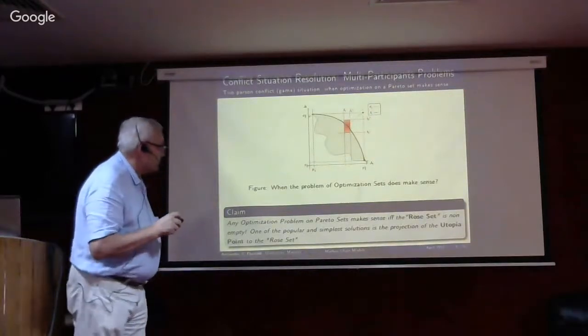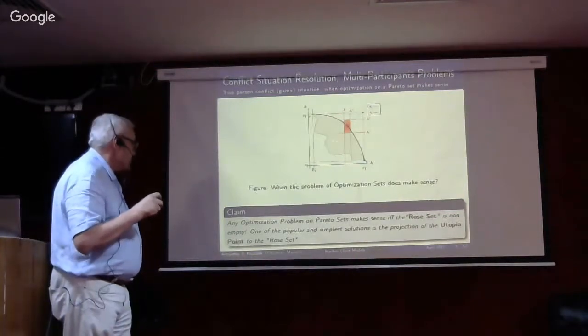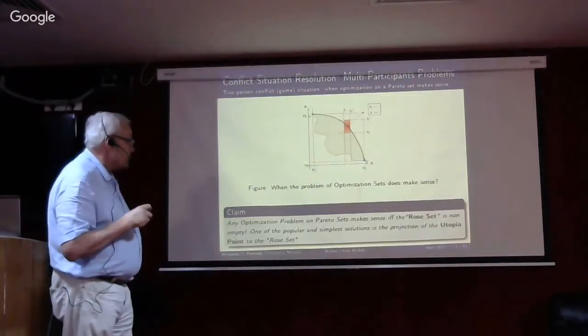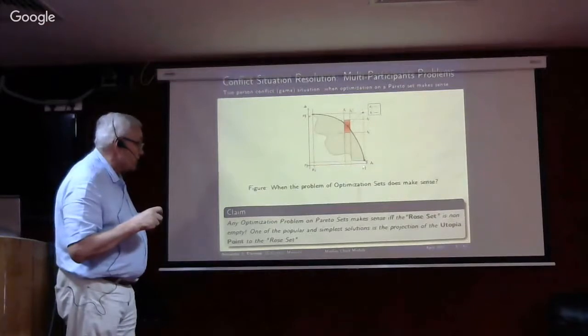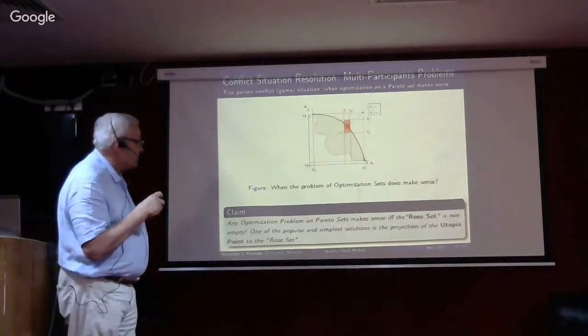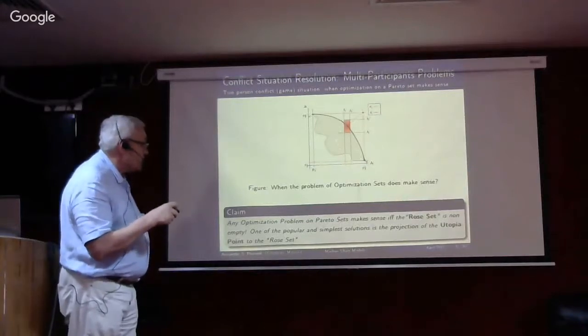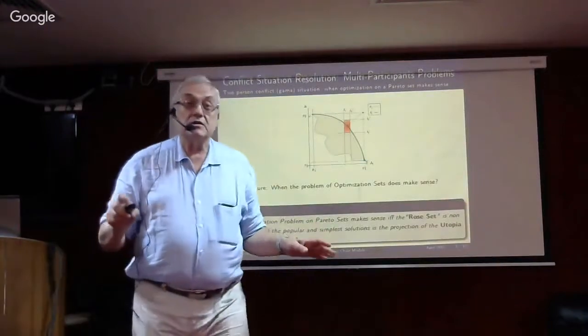So it was suggested the following. Let's consider the so-called utopia point, this point. What does it mean? This is the maximal gain which the first one can win, and the maximal criterion which the other one can win. So this point is here, but it is not available, because all the available points are here. This is the utopia point, which we can never obtain.